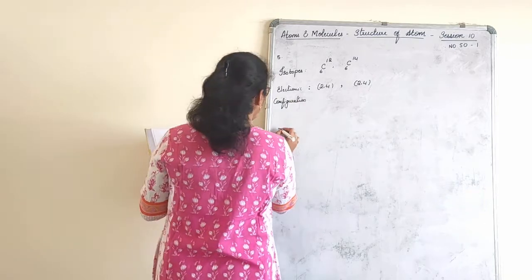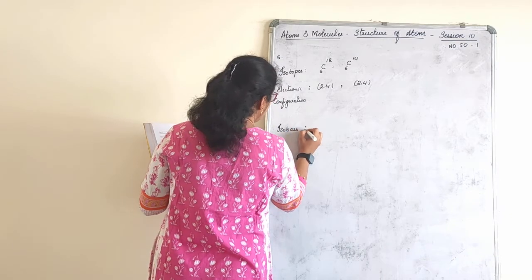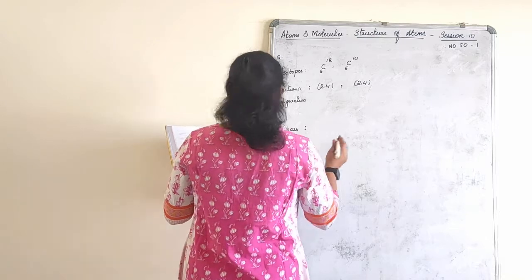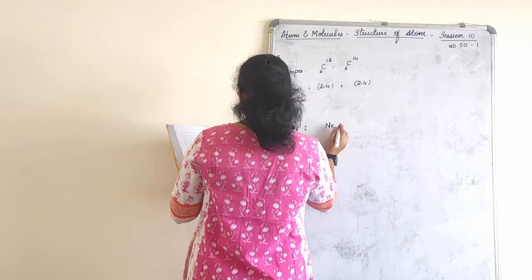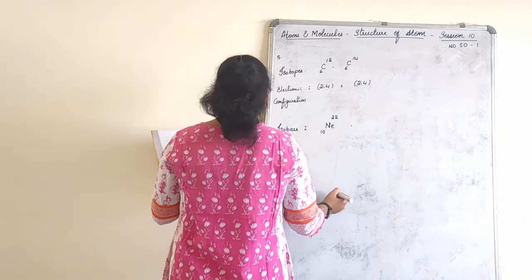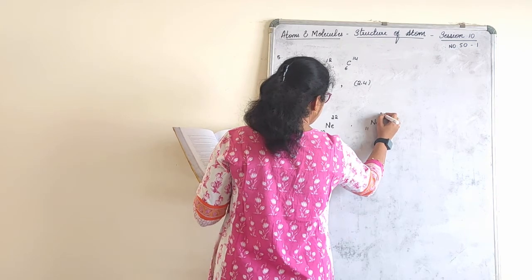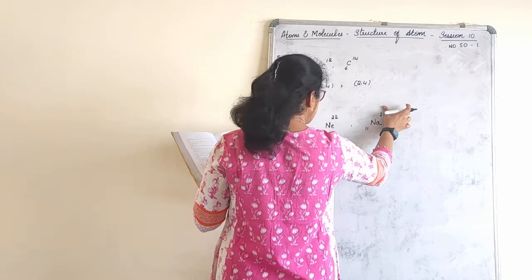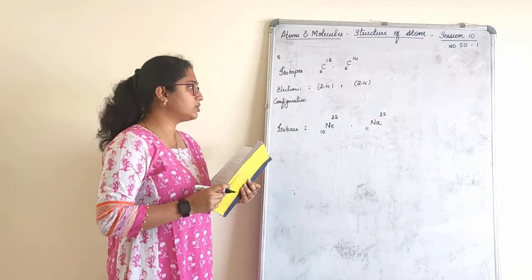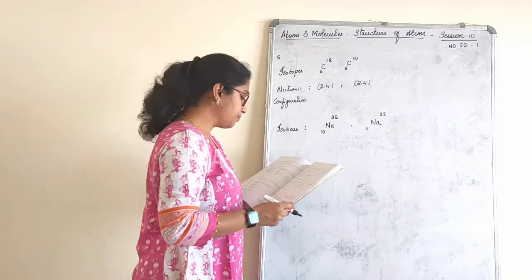Now next let us go for isobars. I have given wrong in book actually. I have given both for neon. Do the changes. The first one is neon. Neon I have taken as atomic number 10, mass number 22. Next it is actually sodium. Sodium atomic number 11 and mass number 22. Actually it is 23 what we consider, 22 point something. You can take this nearest value what they have given here.